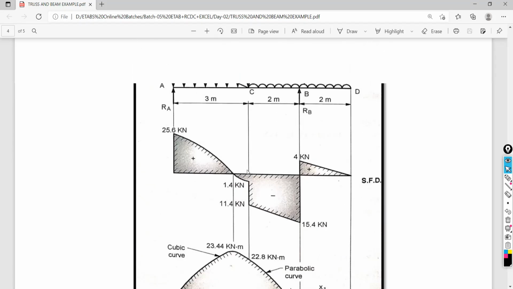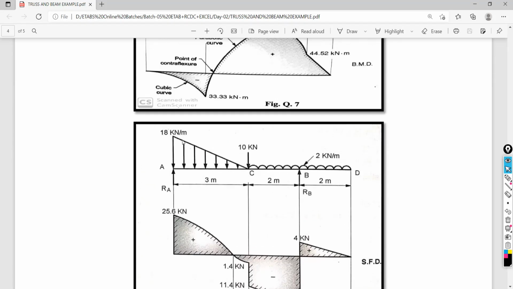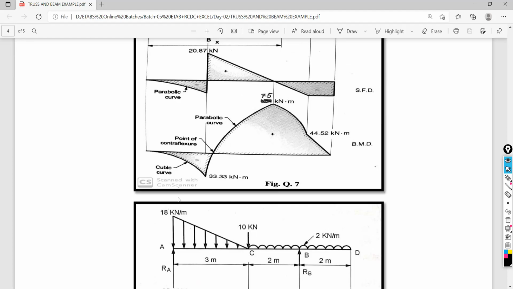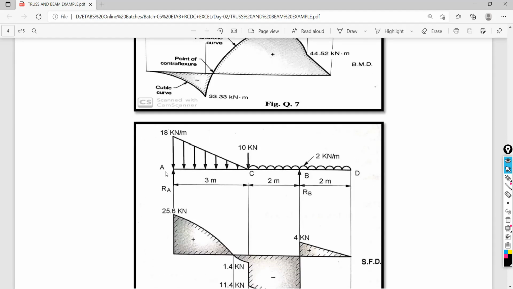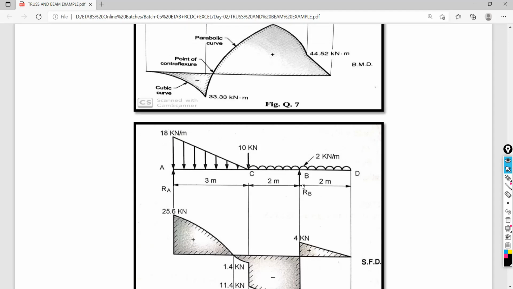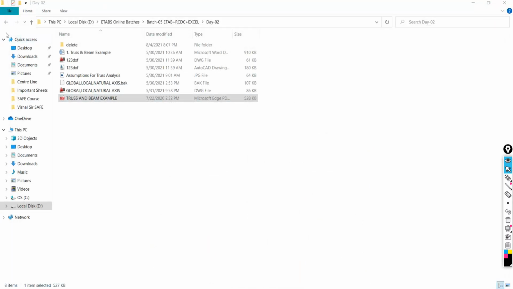So I request you all to practice this example at your home, and check whether the results are matching or not. If you are having any doubt, question, or any problem in modeling, analyzing and checking the result of this example, then let me know. We will see what we can do. Okay, just close this. So this is done.